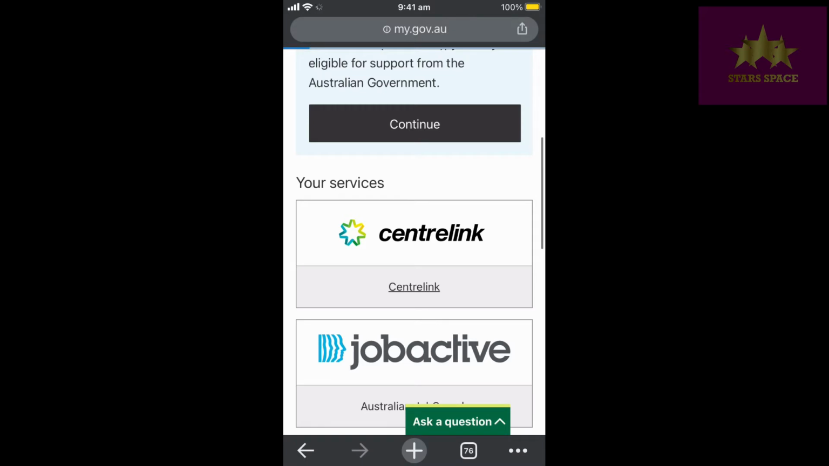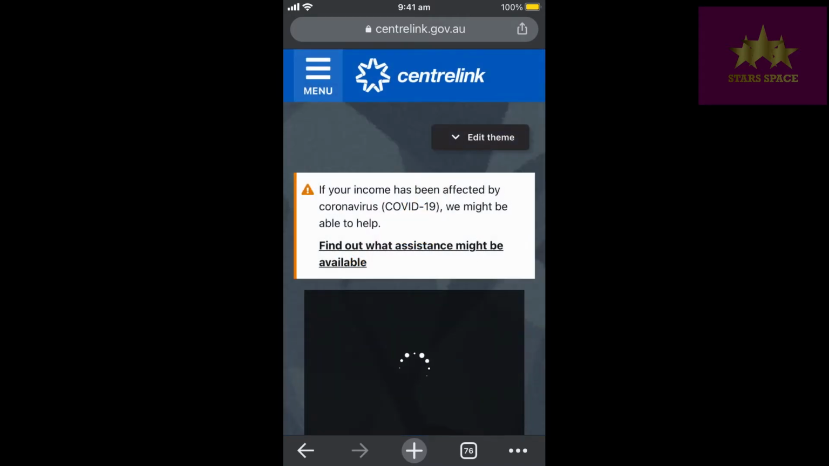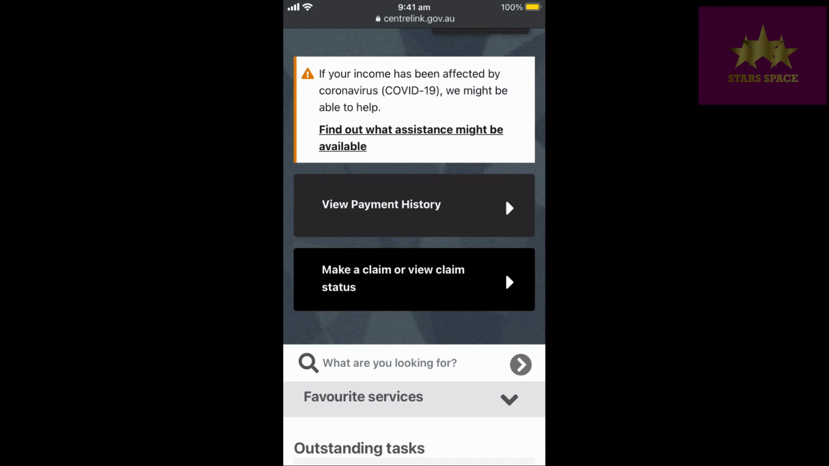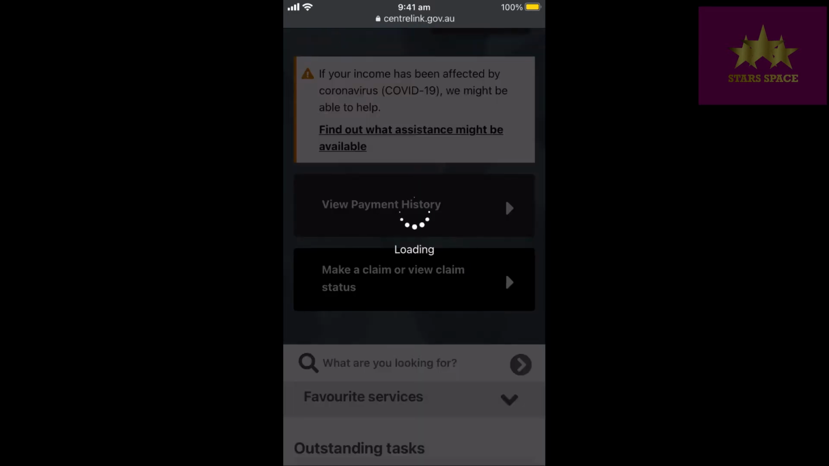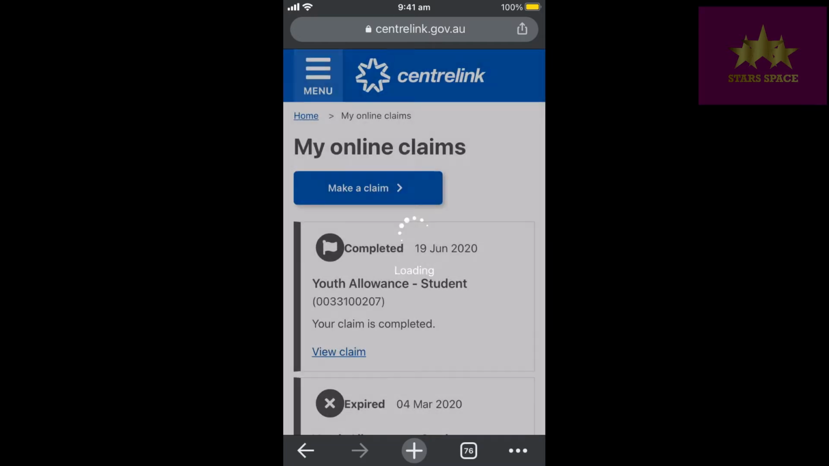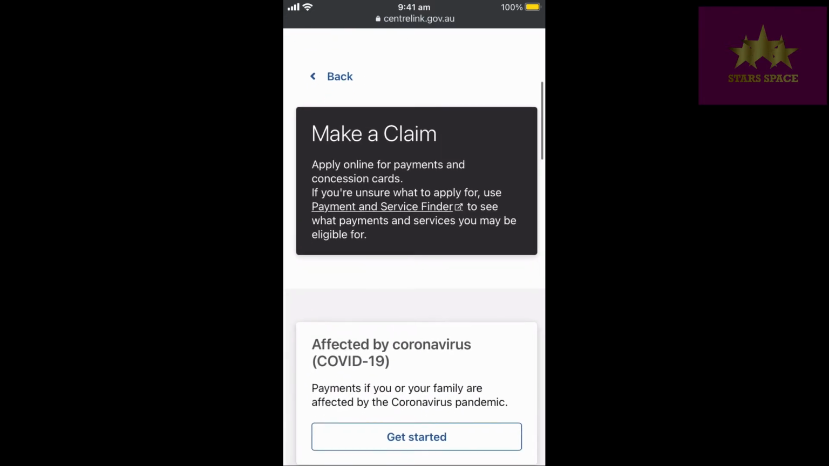And you click Centrelink now, which will take you to this page here, and then you click on make a claim or view claim status. And then click on make a claim again, which will take you to a page which shows you all the